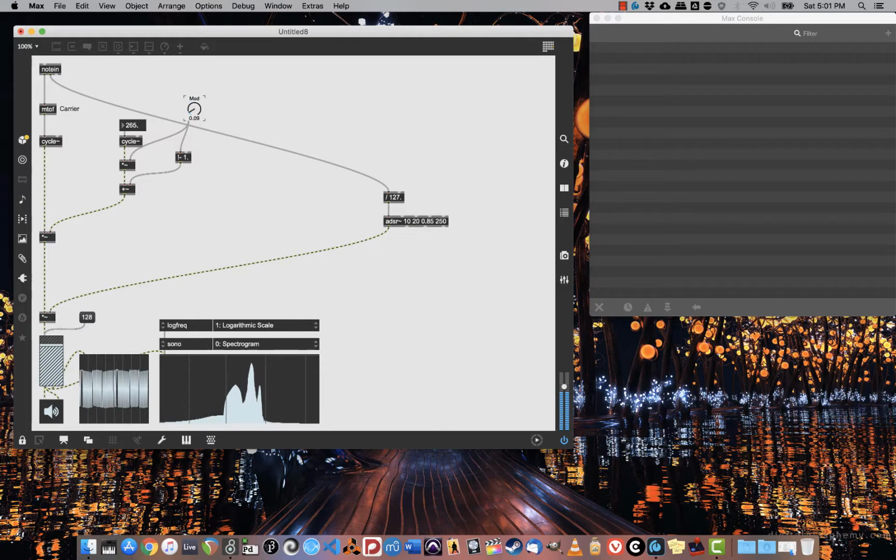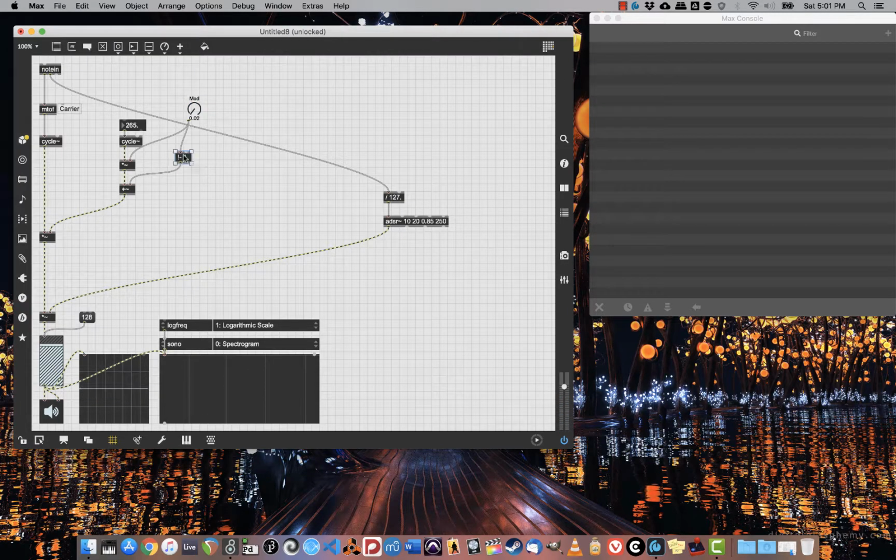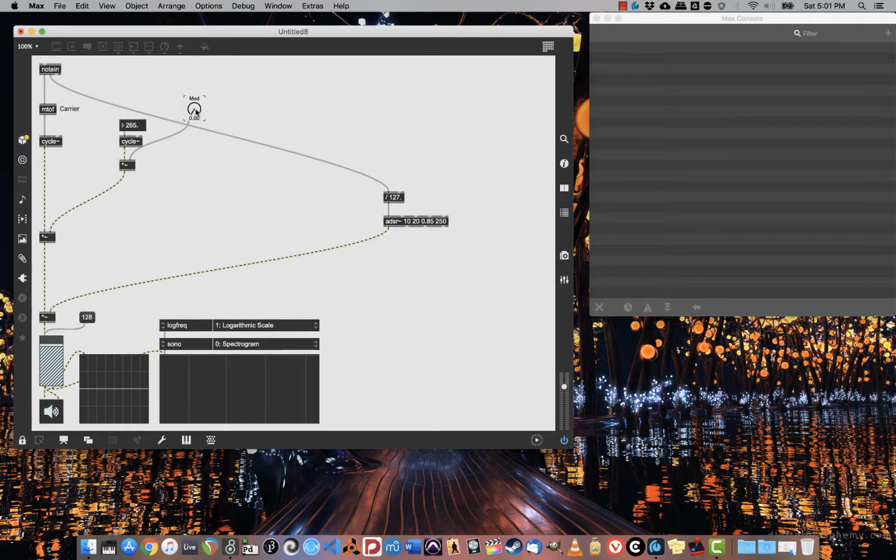And even with it. So here's the difference, is that I've got that guy fading in, as opposed to if I get rid of those two and then just connect it up, I have nothing, and then I just have the ring modded outputs, the sum and the difference of the two